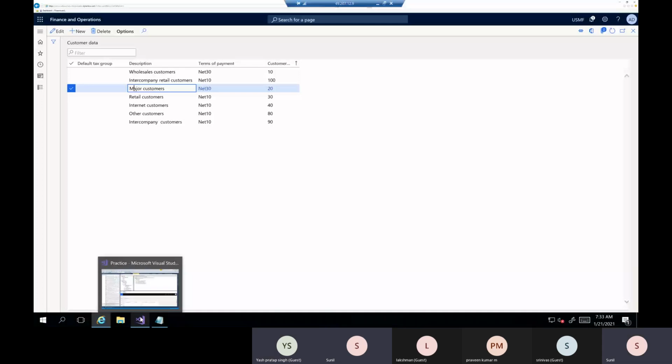What does it mean, table method? How is it going to be used by the end user? He will be accessing the table from the UI only, right? From the form only, right? So that's how they'll call it. So other than table methods,